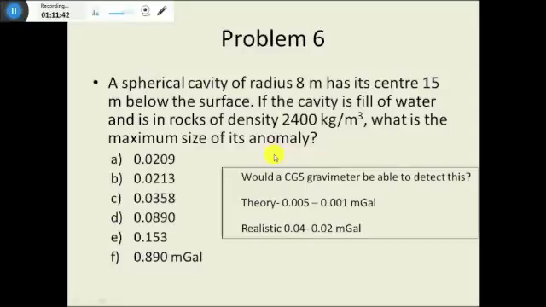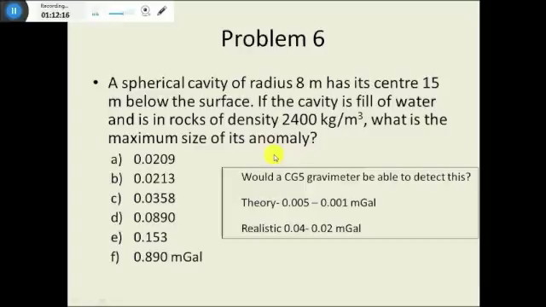Okay, so we've got a spherical cavity, so it's like a cave really, of radius 8 meters. It has a center 15 meters below the surface. If the cavity is full of water and is in rocks of density 2,400 kilograms per meter cubed, what is the maximum size of this anomaly? So, yeah, you're really just using that equation that I previously had on the board to calculate what G is. But when they say what is the maximum size of the anomaly, it's really what is the value of G